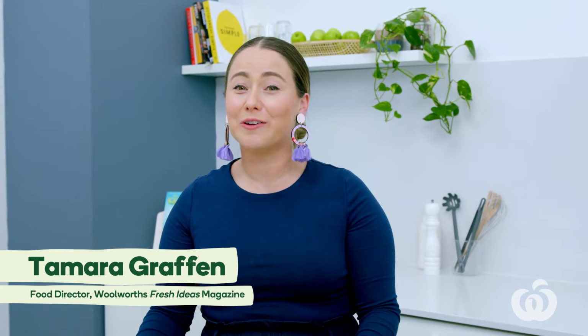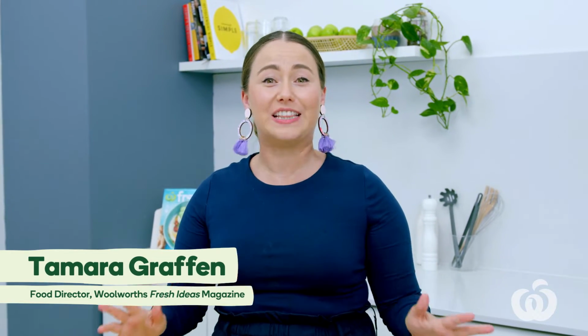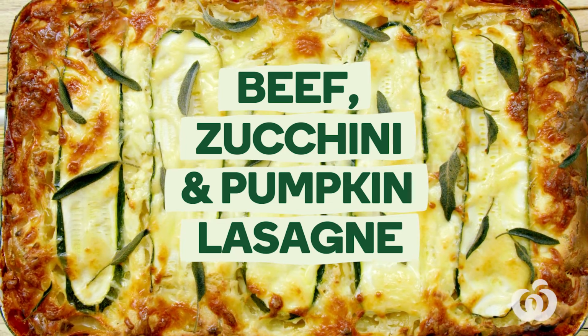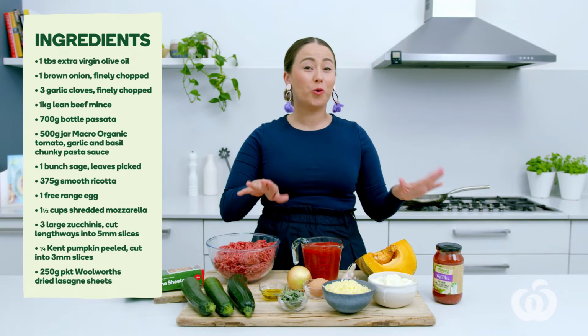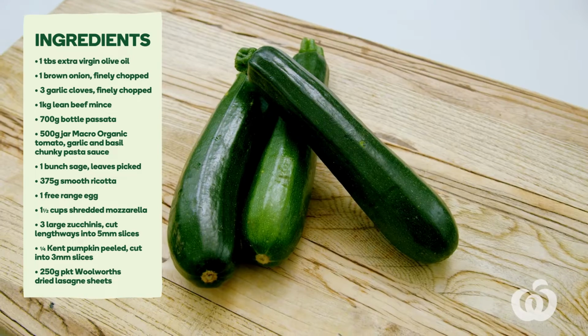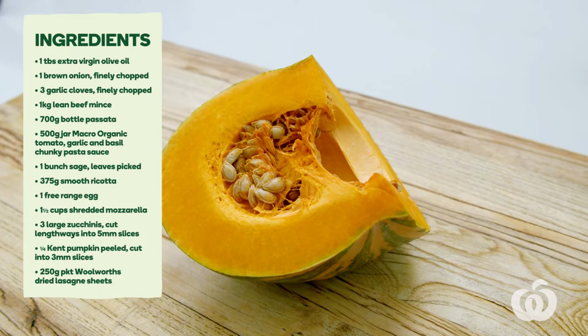Today I'm going to show you how to make a veggie packed lasagna to feed the family. It's so simple to prep ahead and pull out for an easy weeknight meal. This is no ordinary lasagna. This one is packed full of beautiful fresh ingredients like zucchini and pumpkin, but the full list of ingredients is